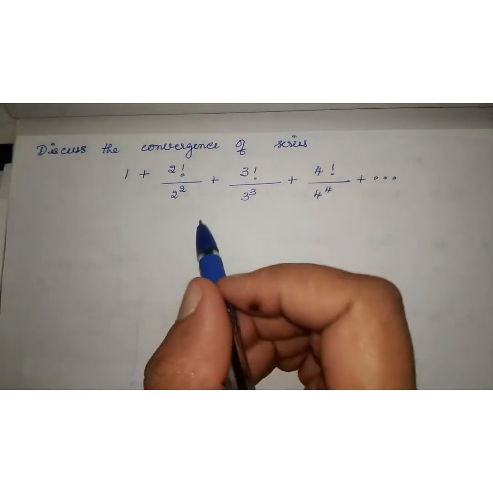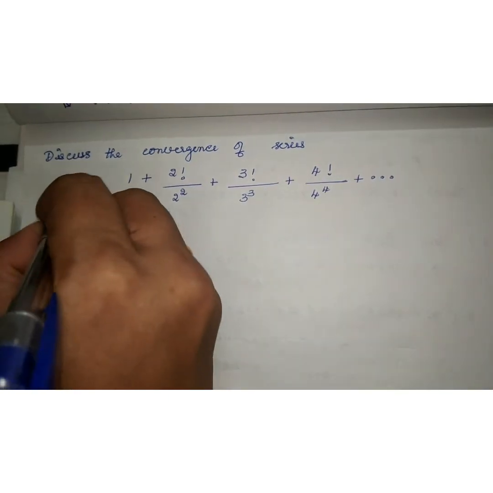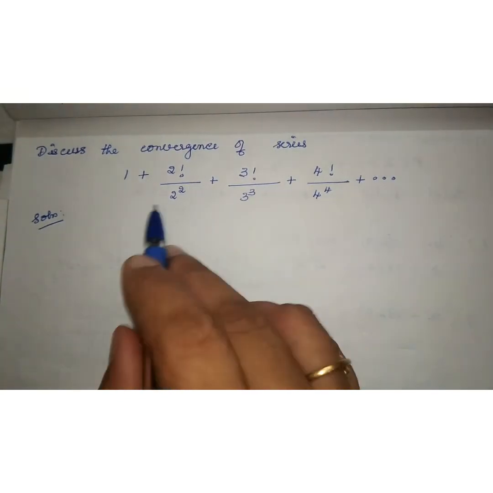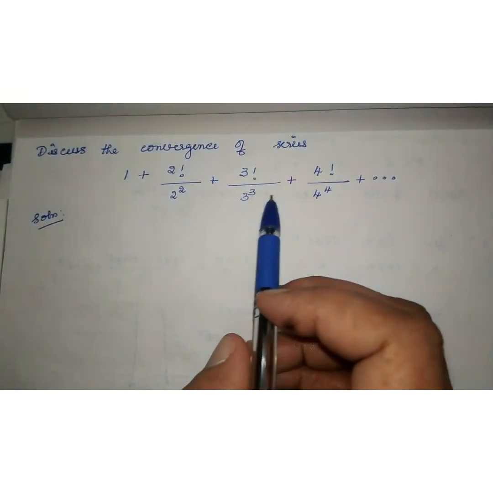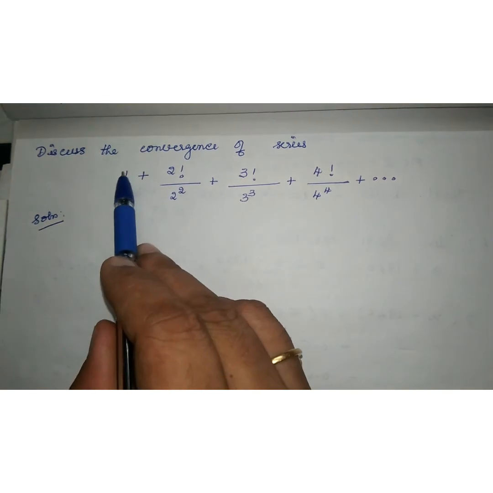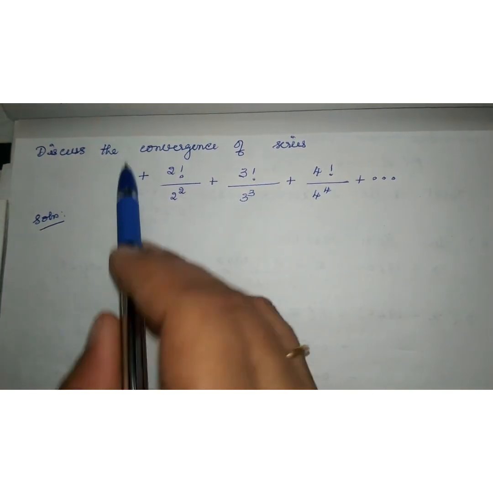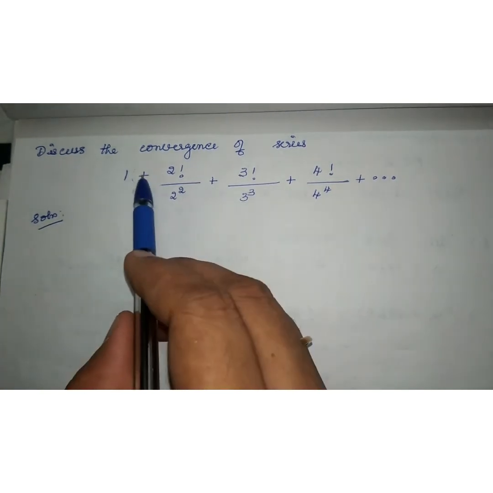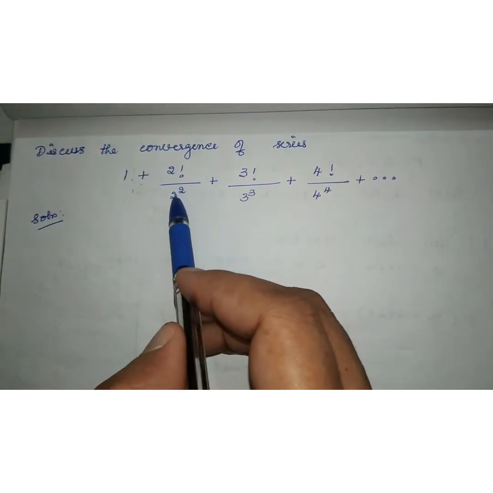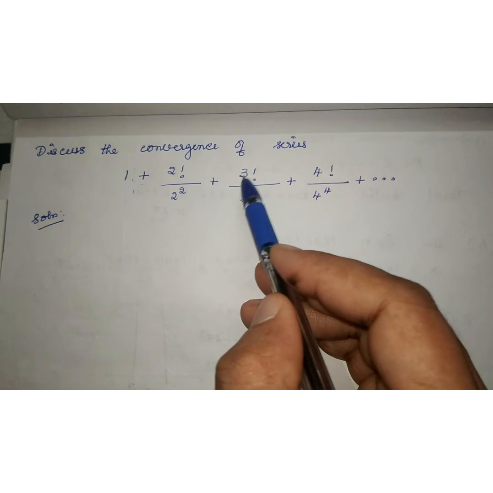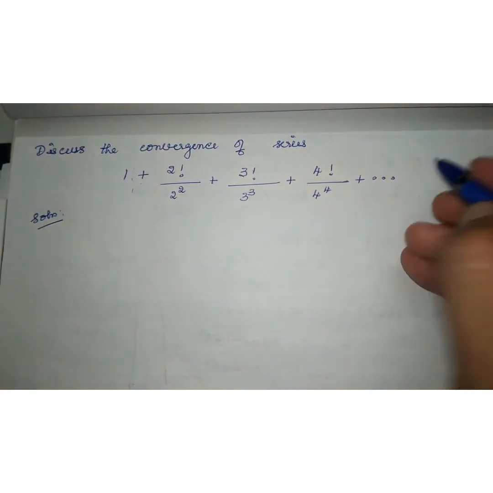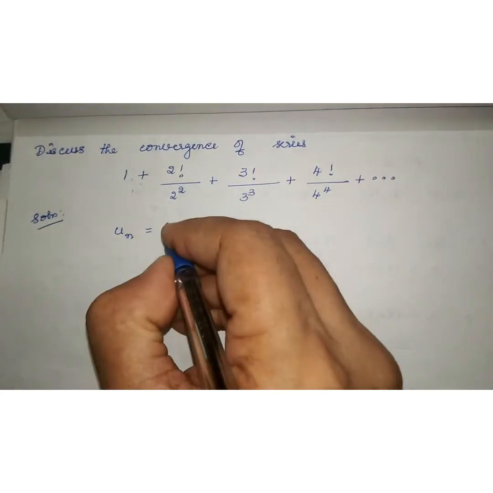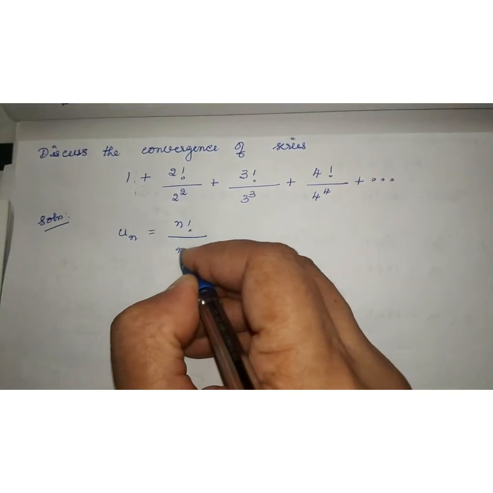So here we have another problem. Here in the question, the nth term is not given, but the terms are given. First 4 terms are given. You can just see the pattern here. First term is 1, which can be written as 1 factorial by 1^1, plus the second term is 2 factorial by 2^2, plus 3 factorial by 3^3. So we can assume the nth term un will be n factorial by n^n,